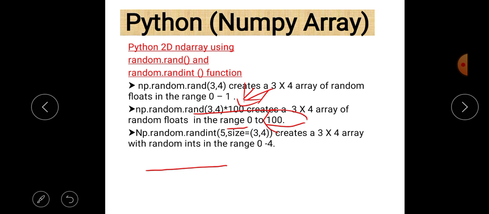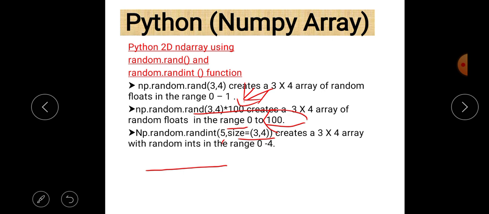random.randint. Here random.randint is different from random.rand, because in random.randint we have to specify the range. As you can see here, the first parameter is 5, and then the size is given.